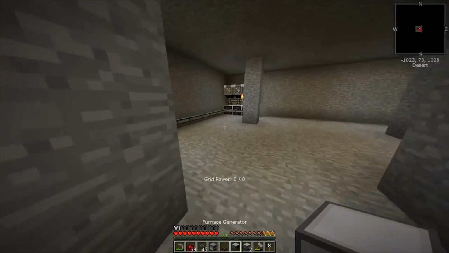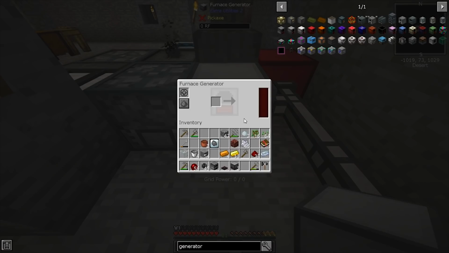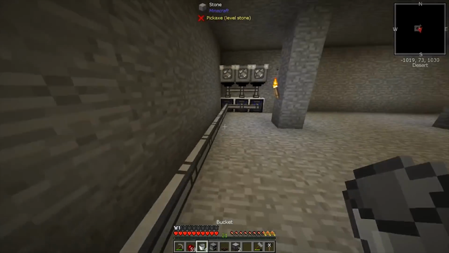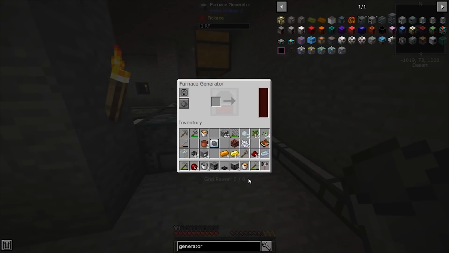One furnace generator is now here. And then I'm gonna slap that there. But plot twist, I'm gonna go ahead and use a bucket and use this lava that we're making so much of, and then I can't do that. Okay, well, I had a dream. The dream just went to crap. So what, I can just...